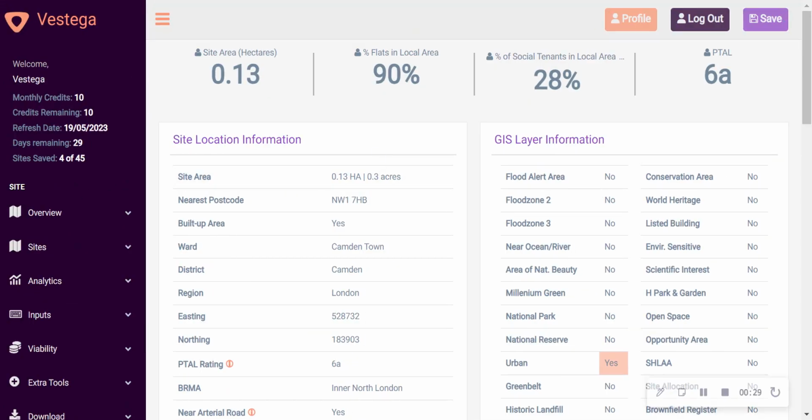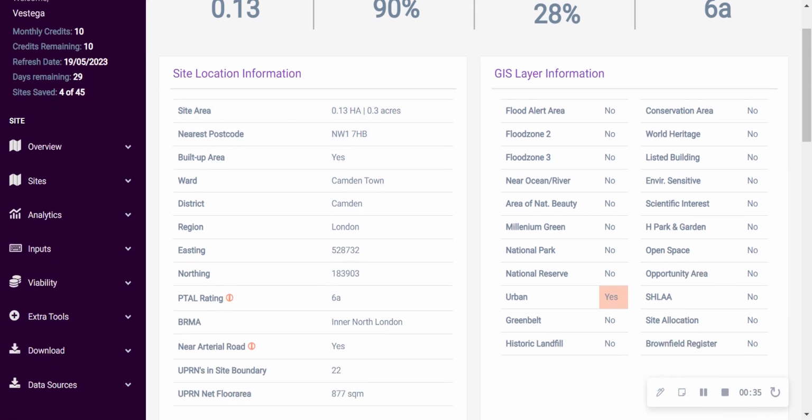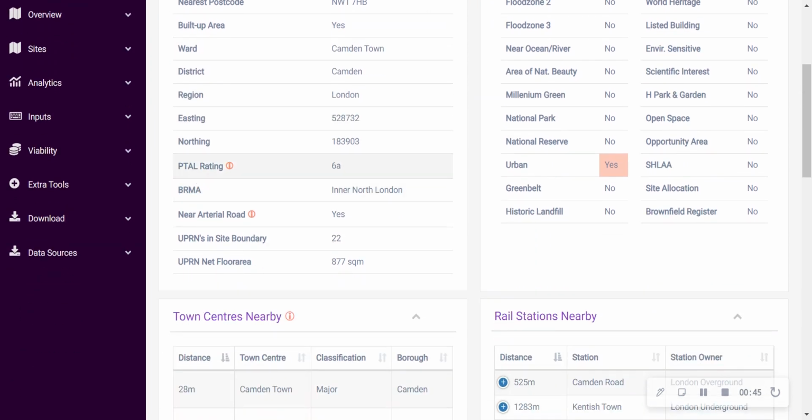This tab is going to set out a lot of the site-specific and local area information that is useful to know, the first of which being the site location information. This will set out information like the site area, the nearest postcode, whether or not it's in a built-up area, the ward, the district, and so forth, with a few other pieces of key information like the P-tile rating, which is London-specific, but will be quite important in working out the P-tile density matrix,